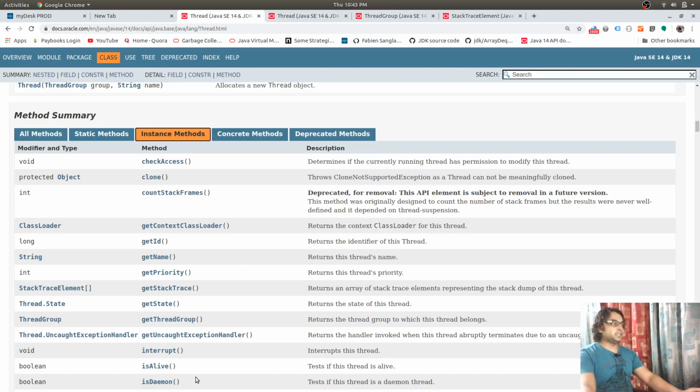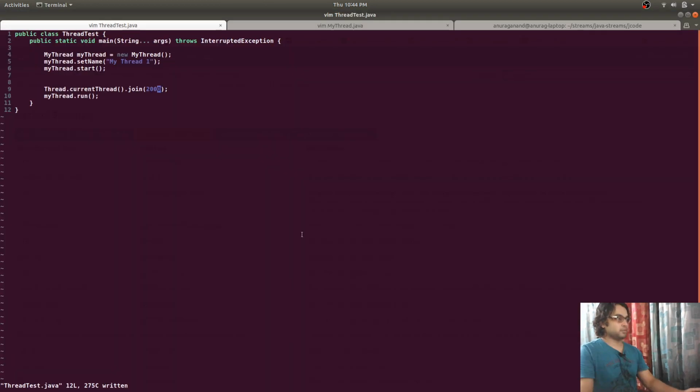Let us see what this function does. I haven't used it much. It does.